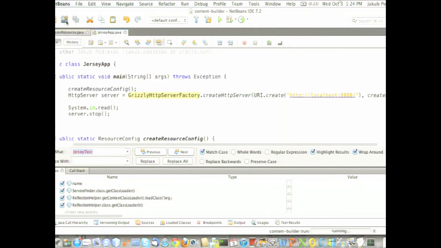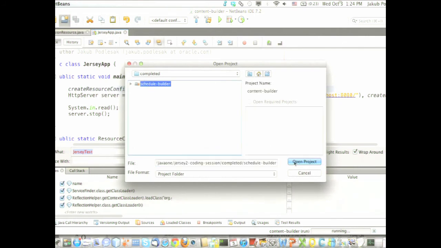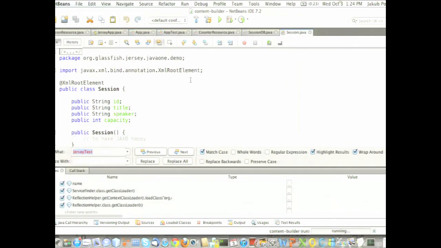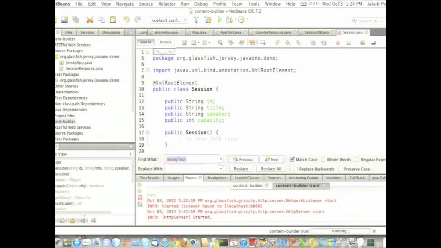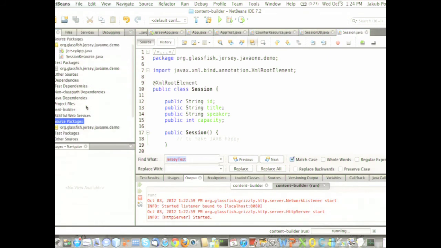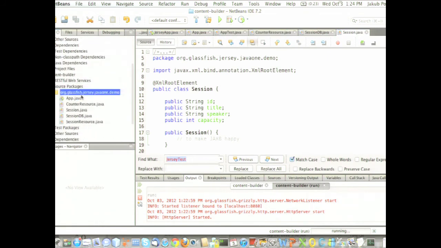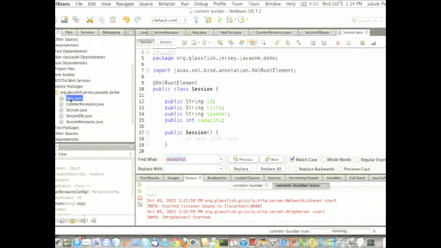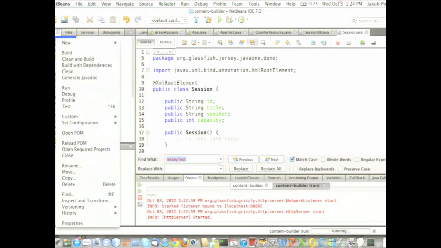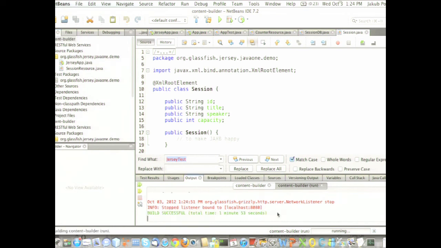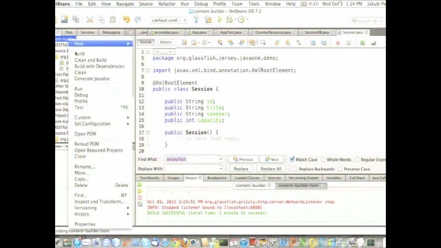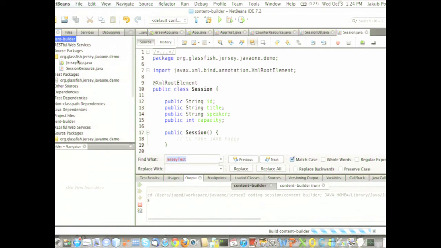I don't want to waste time, so I have a completed application here, so I will just copy this and this, or maybe I can just restart. I think it must be working. So clean and build, and hopefully